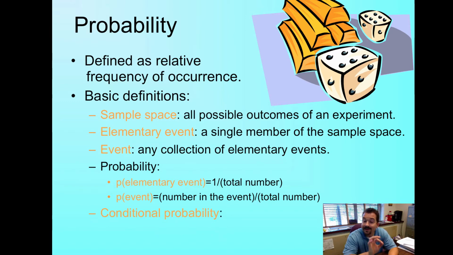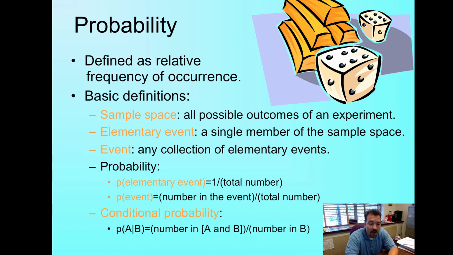You'll see the term conditional probability quite often. This is the probability of A given B. So we've seen that vertical line before. That just means given B. And as we'll see with some examples here, you always want to focus on the B part first to narrow down to the area in the space that you're talking about, and then you count up the instances of A. So whenever you see that given line, always focus on the second